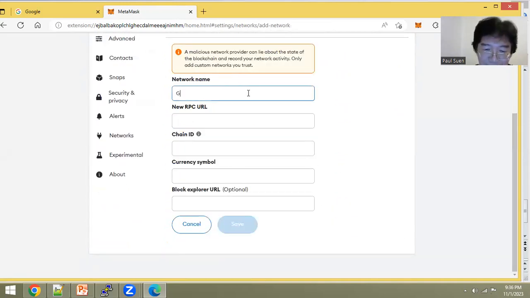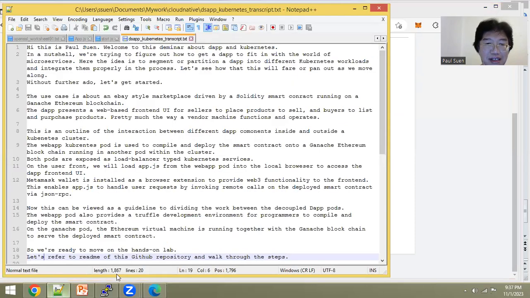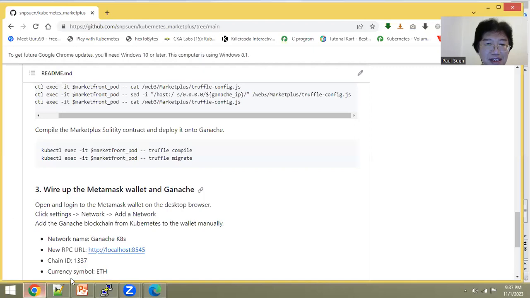So we give it a name, specify the URL, the RPC URL, and then we will use